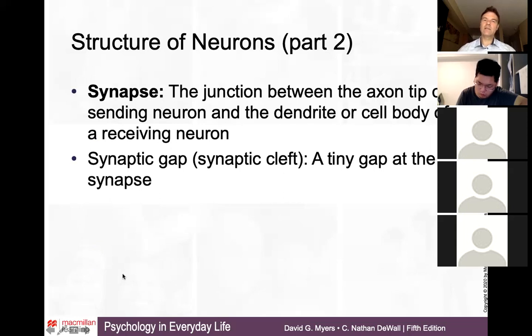So a synapse is basically the junction between the terminal buttons and dendrites or cell body of another neuron. And this is basically a tiny gap or cleft that is filled with neurotransmitters. So neurons really don't touch each other physically like this. There's a small gap between them, and as the message is sent from one neuron and goes through the